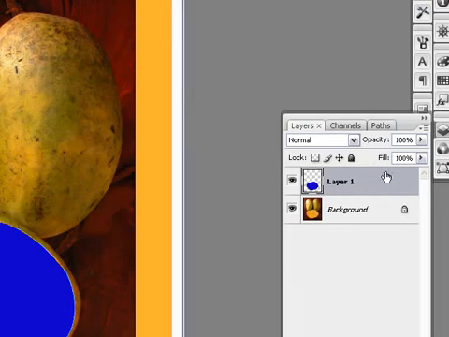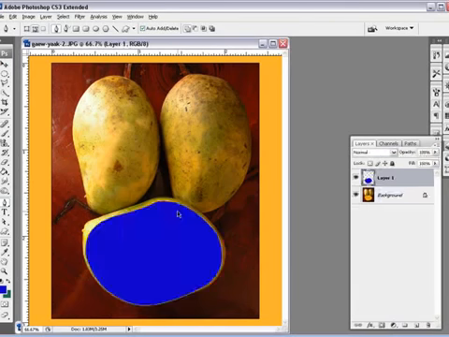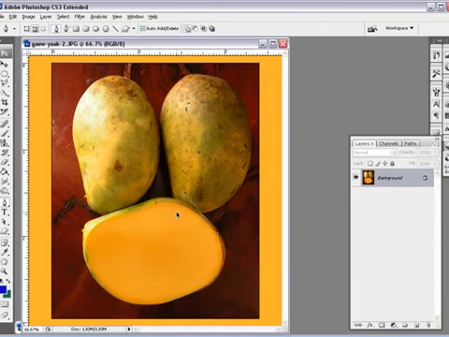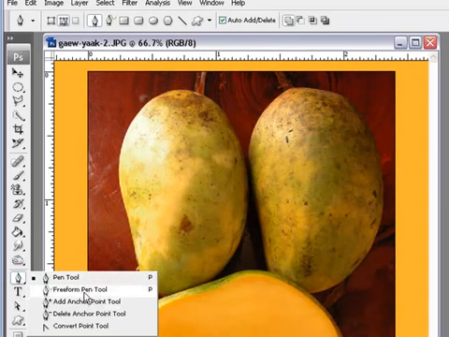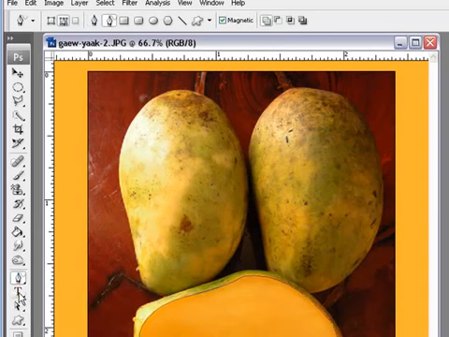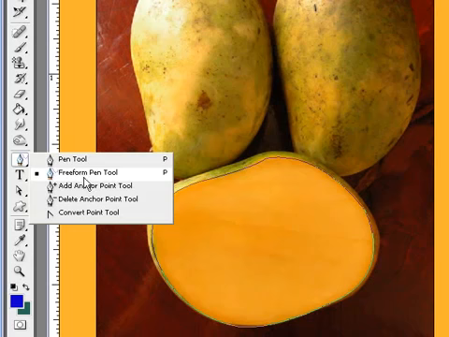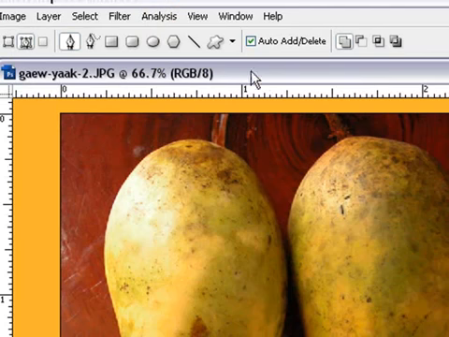Now quickly before this, before we run out of time, I just wanted to show you one other tool, which is a pen tool, and that's this magnetic one. Okay, so you can go to the pen tools down here. What I need to show you quickly is you can also add a point and you can delete a point. Now the way this works is if you select your pen tool and you have auto add and delete selected,